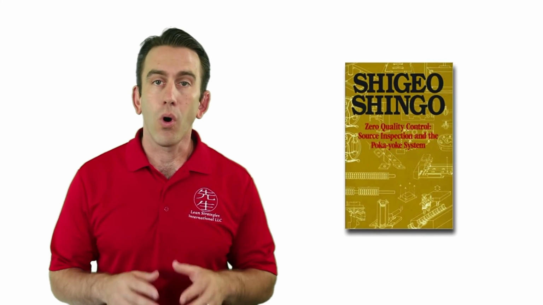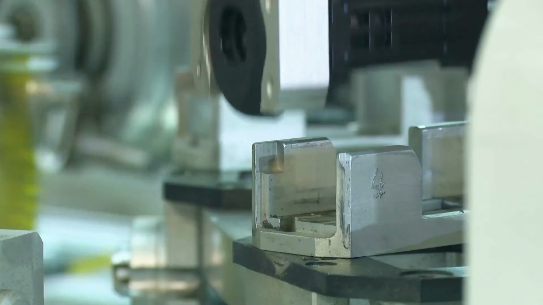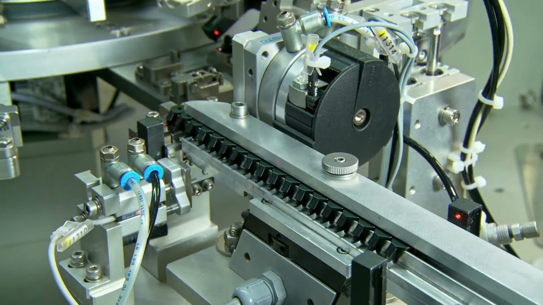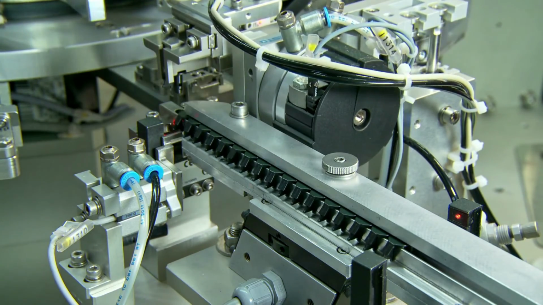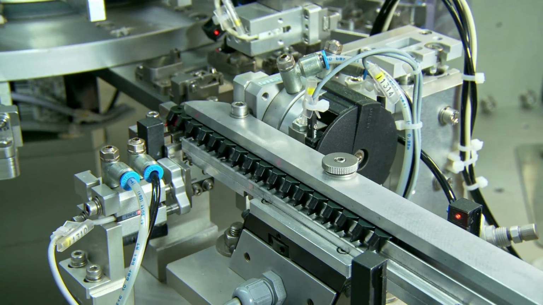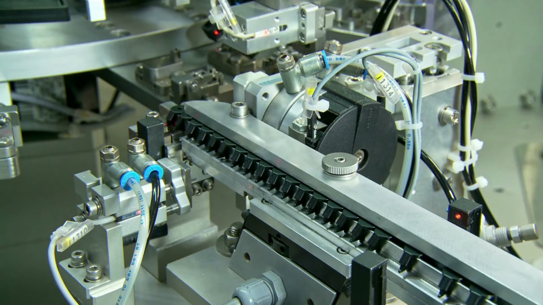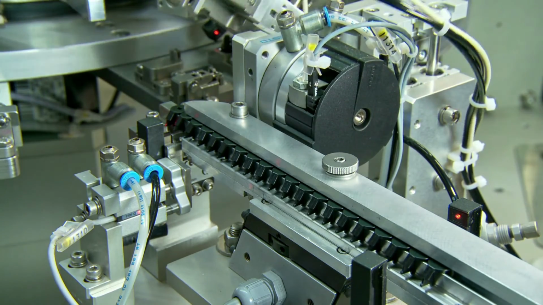Another very common example shared in Dr. Shingo's book, Zero Quality Control, Source Inspection and the Poka-yoke Method, is an example of milled and unmilled parts. In the example, parts from an injection molding machine are to be milled before they are processed. But the parts are sometimes not milled. An idea is created to place two small blocks in a chute. The blocks allow a milled part to pass through, but will not allow an unmilled part to pass. This contact method is a great concept that can be applied in many different ways.